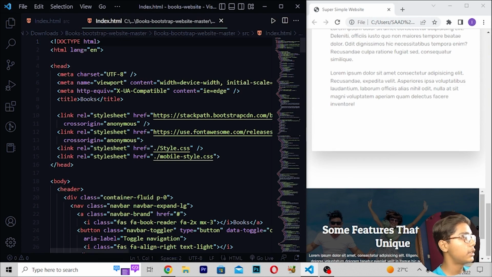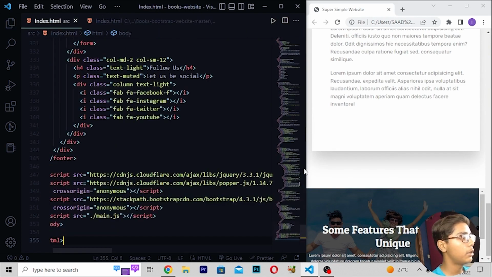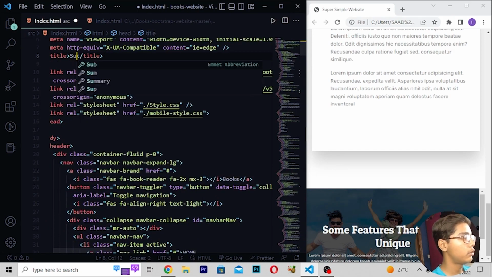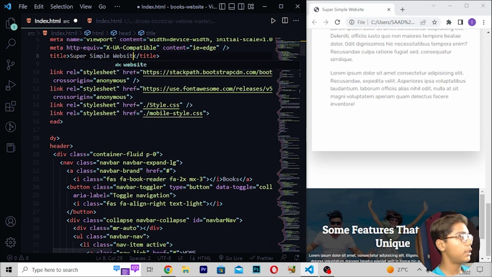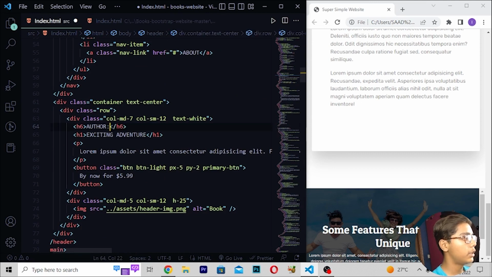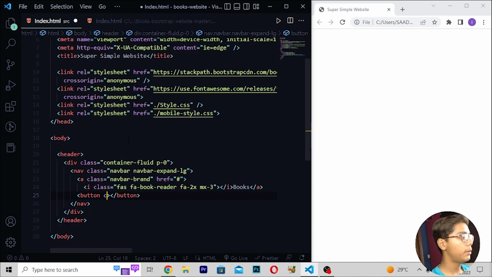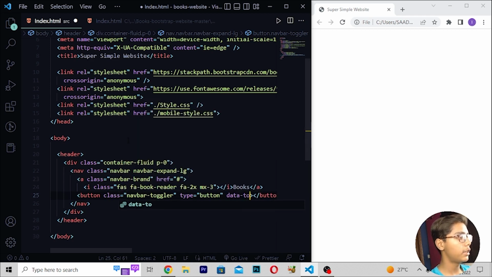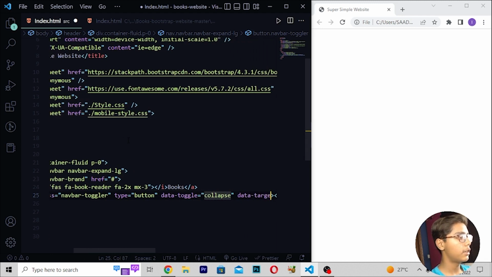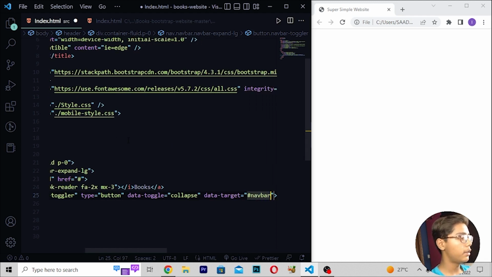Now here we have to do one thing. I'll move to the top and change the title to simple website like this. Then you have to erase this and write it like this. I will write navbar-toggler like this, then type equals button. Then write data-toggle collapse, then data-target equals navbar nav.